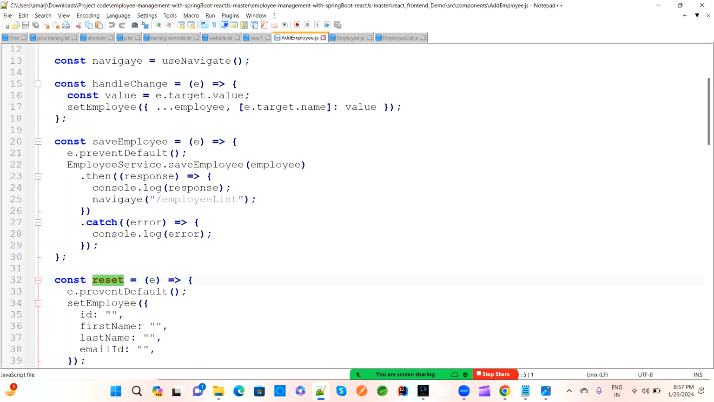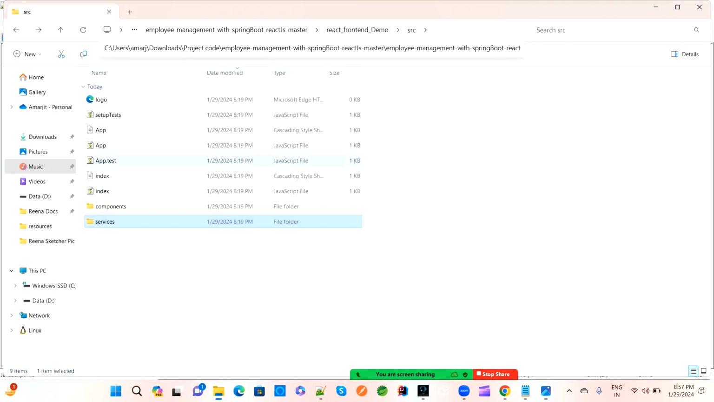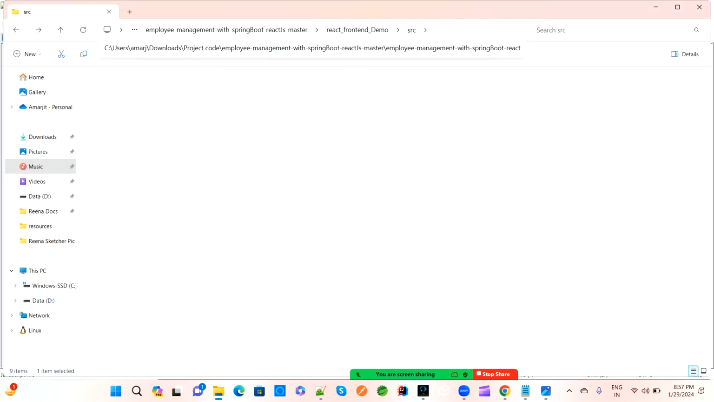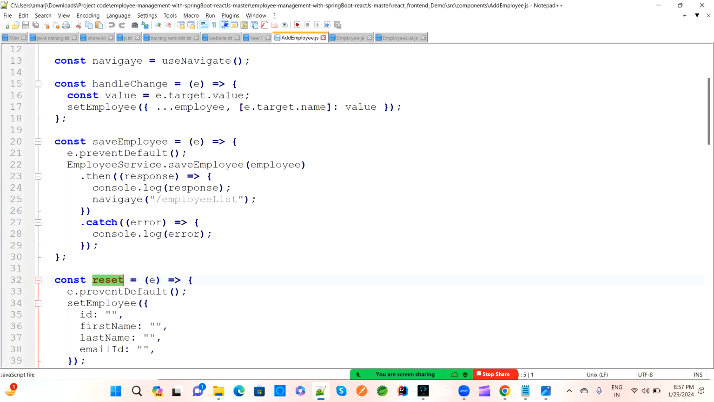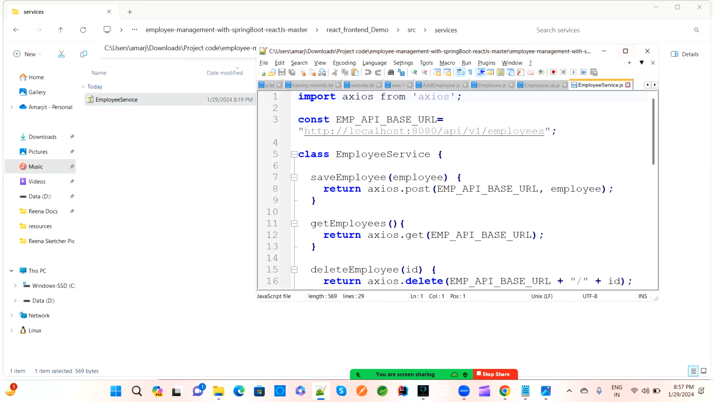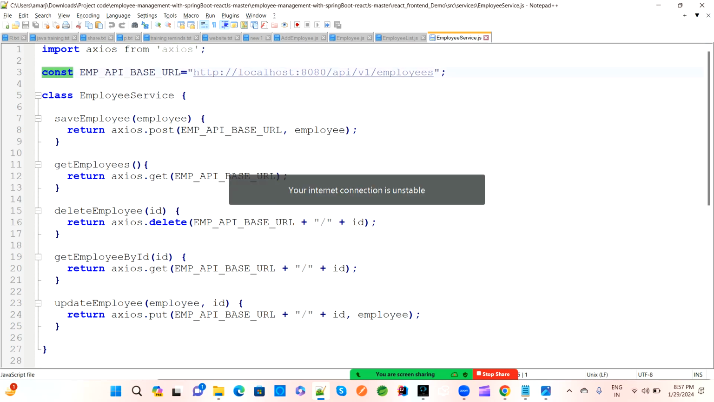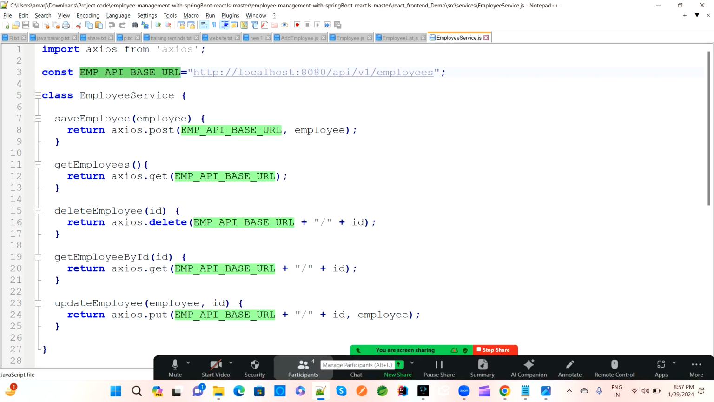So this is the JS we have called. Now we go for this. Once the JS is called, then it will go for the service. So employee service. This employee service will have the add new record functionality, the business logic, right? If you open this one, see here, first we created a constant base URL, for whatever request is coming from the UI, where it will go from the